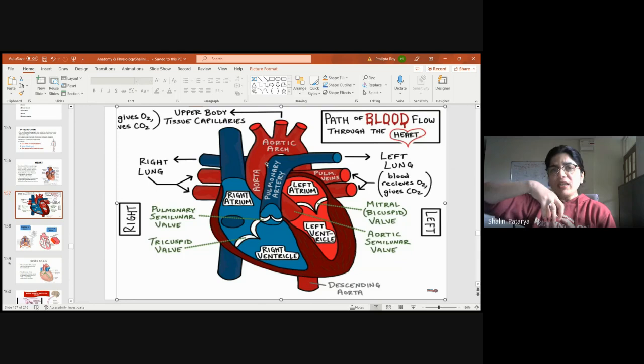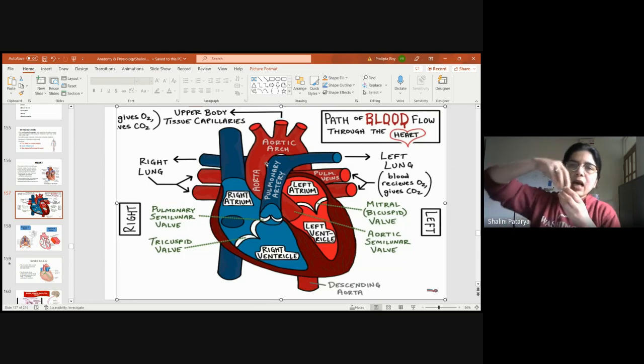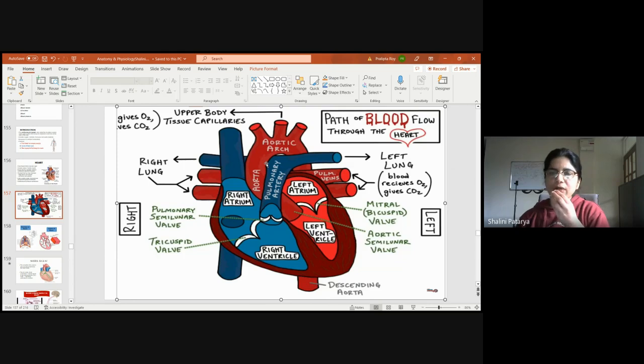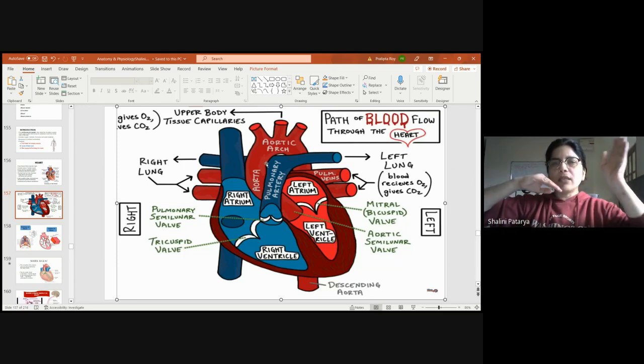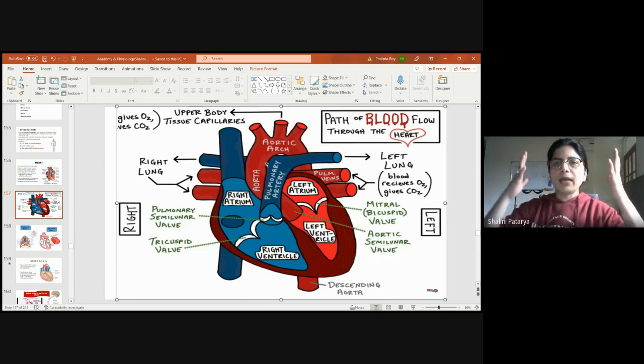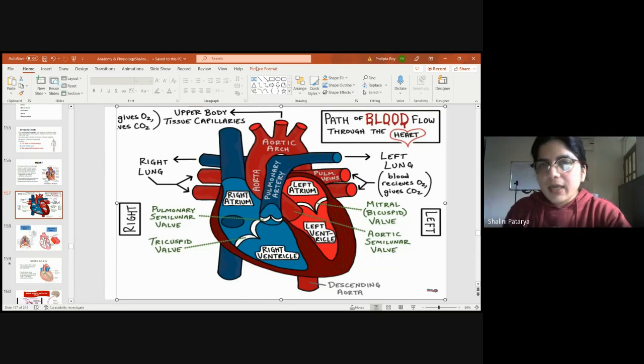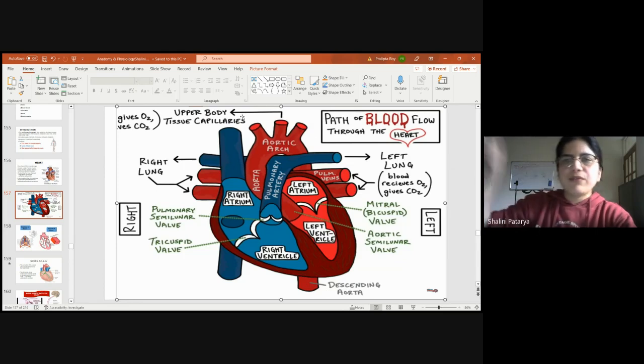When the blood is going out, the aorta is connected to small blood vessels, the coronary blood vessels. They go and wrap the heart, giving nutrition to the heart and heart muscles. Some blood will go to the upper body, and for the lower body the descending aorta will be there, and the blood will go downward. So the lower body will be covered by the descending aorta. For the upper part, all the upper body tissues and other organs, your head, your brain, and everything will be covered. Here three valves are there. It can go to different portions of the